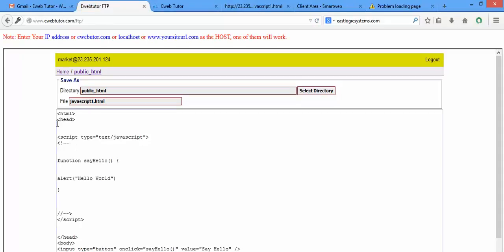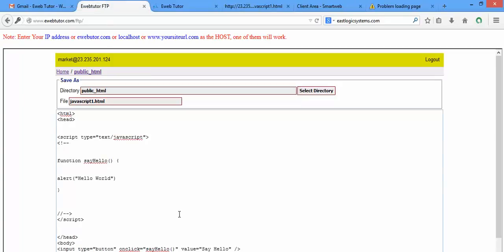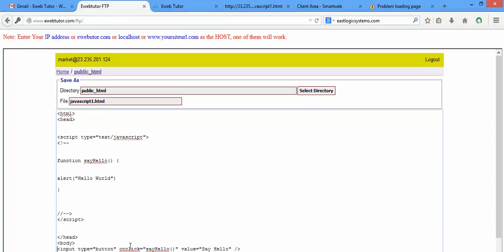So let me just refresh this page. If I refresh this web page, you discover that nothing will first display from the script. Why? Because the only statement inside this JavaScript is inside the function, and the function cannot work alone. It can't work alone except something triggers it. So the only thing you see on your page when you load the site for the first time is a button. Can you see the button? What is the value of the button? Say hello. That's why you see say hello. But now we said something should happen when the user